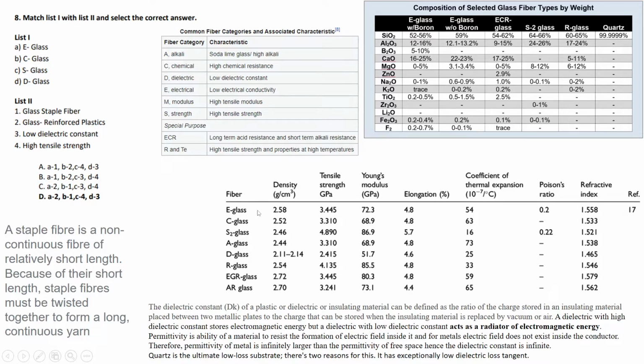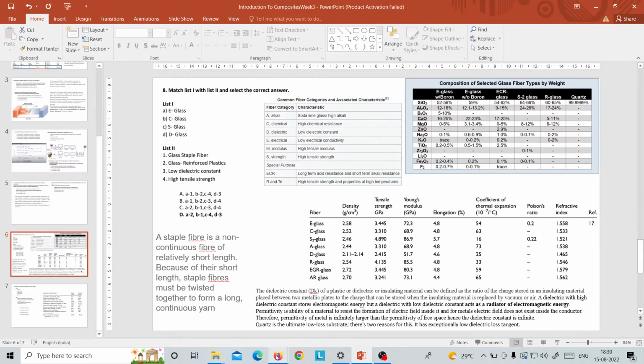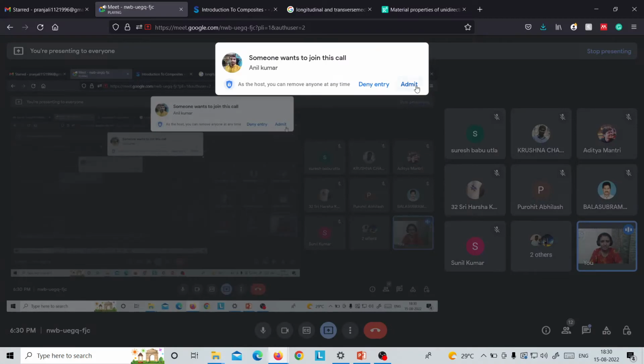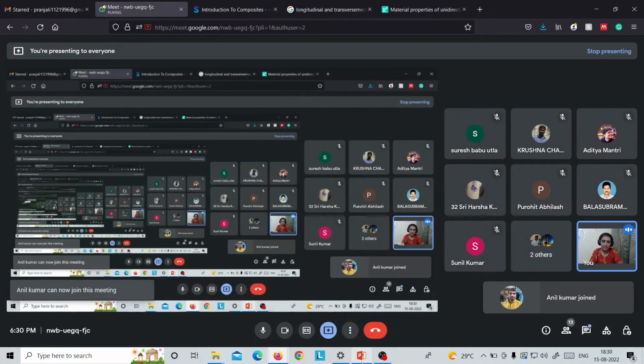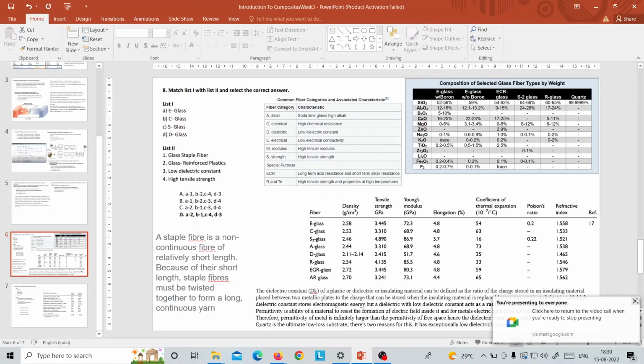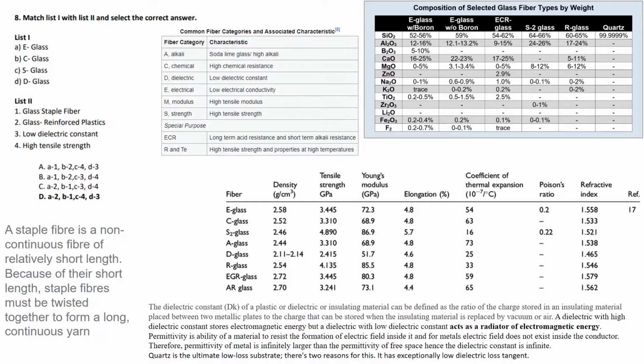But on the contrary, if you are using E glass, then the tensile strength is 3.44. It's comparatively far lower as compared to S glass, and thus when applied in applications which involve a lot of longitudinal stresses, then in those cases E glass composites will fail far earlier as compared to S glass composites. Is it clear?